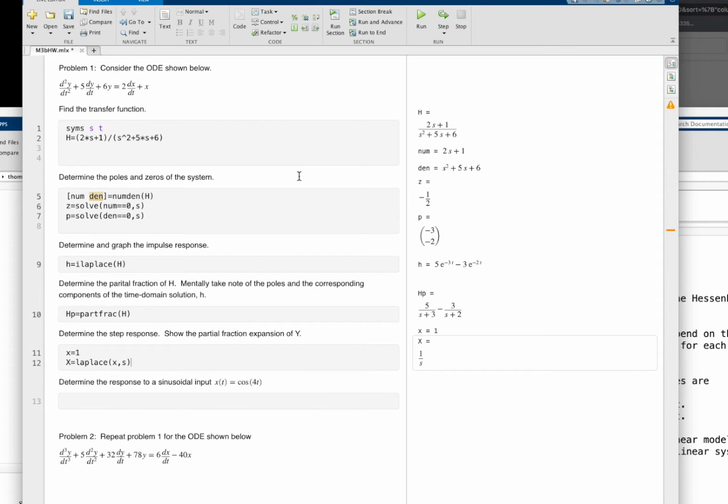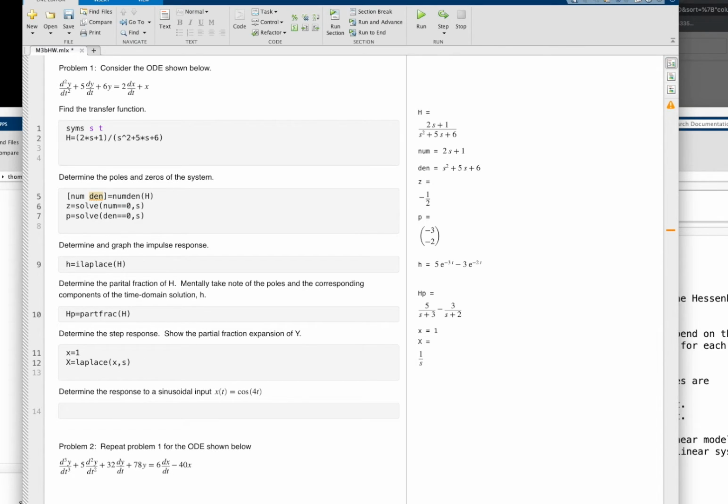All right, so here we are. Lowercase x, the time domain, is equal to 1. Capital X, the Laplace transform, is 1 over s. Okay, so no surprise there. All right, but we want the step response, and so what we remember is that capital Y, the output of the system, is going to be x times h. All right, so when I run that,